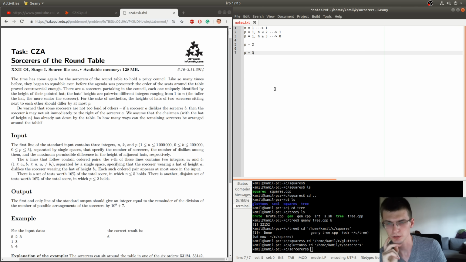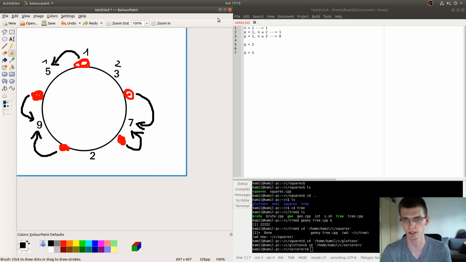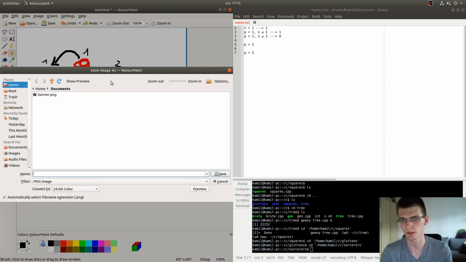for p equal to 2, we can do some analysis. I will show you more or less how they should look like.